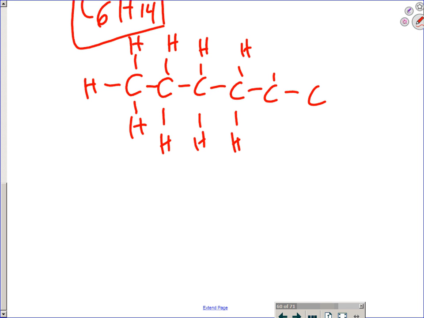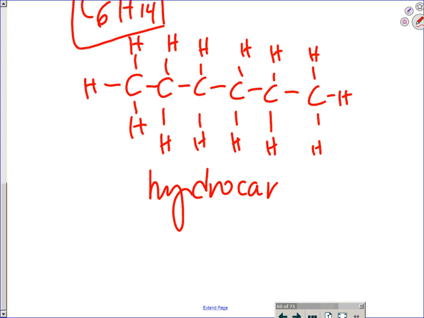I do not require you to draw them every single time, but I want you to be familiar with these compounds called hydrocarbons, because they're very, very useful in your life. Remember those biomolecules from biology? Give me one biomolecule from way back in biology, like the 4 main macromolecules.